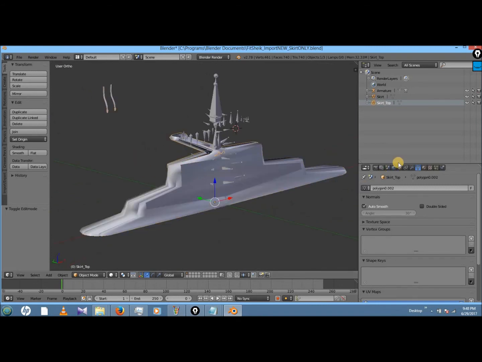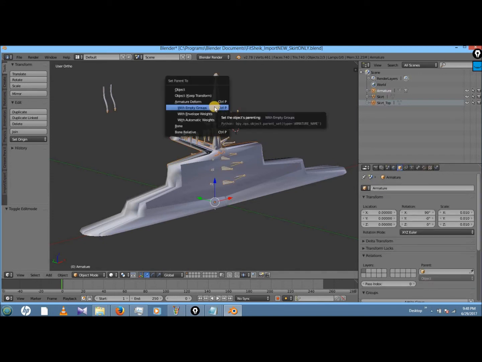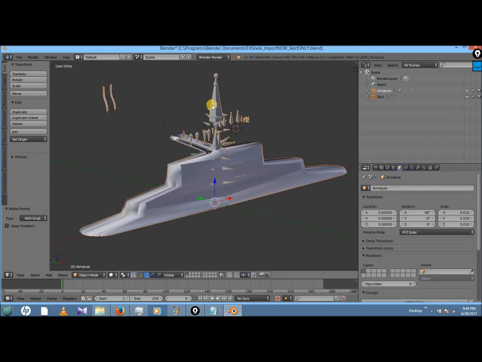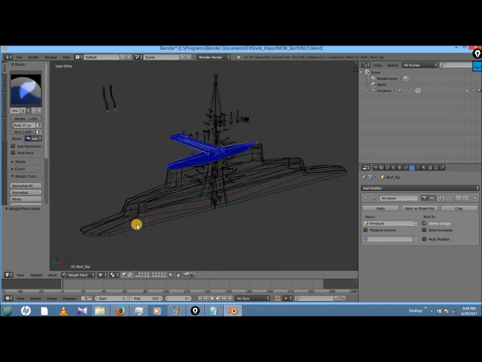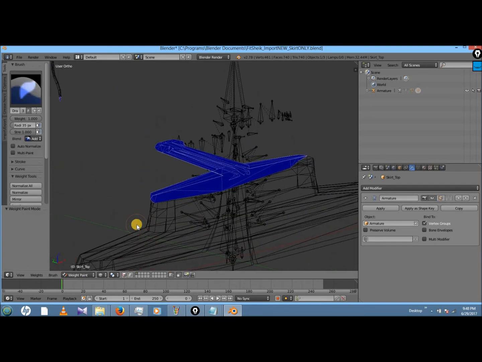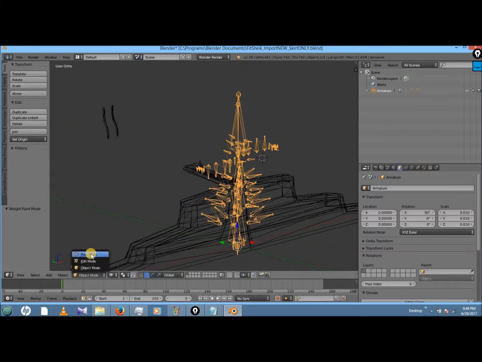Okay, so now I'm going to do this the old-fashioned style.